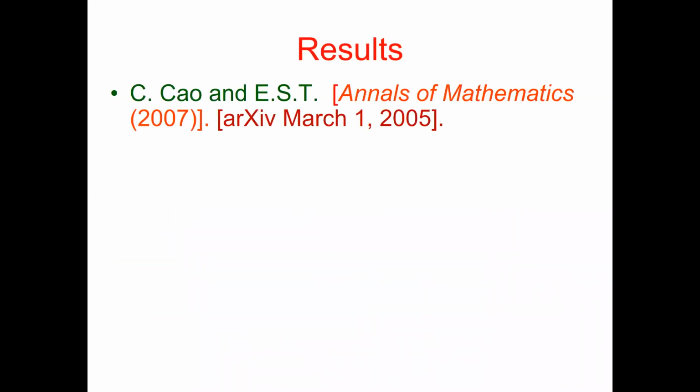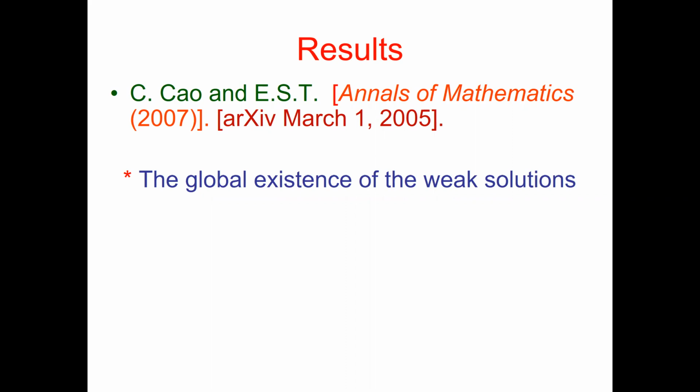Okay, what are the earlier results? For the primitive equations, the earlier result is of Cao and myself, who showed global existence of the primitive equations in 3D, even though for the Bénard convection we still do not know about the global existence of strong solutions. This is the result. Now, global existence of weak solutions has been done in previous work. I mean, we did it using Galerkin, but the referee asked us not to add it.